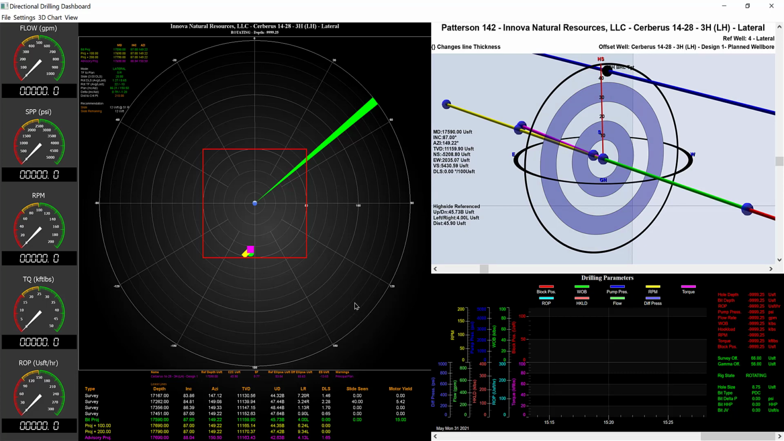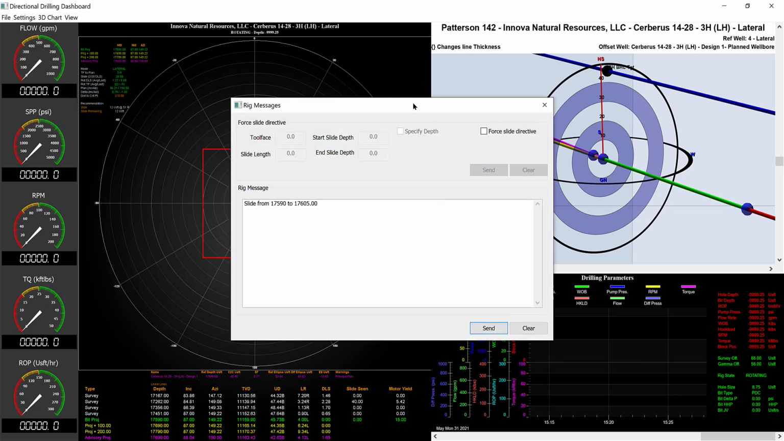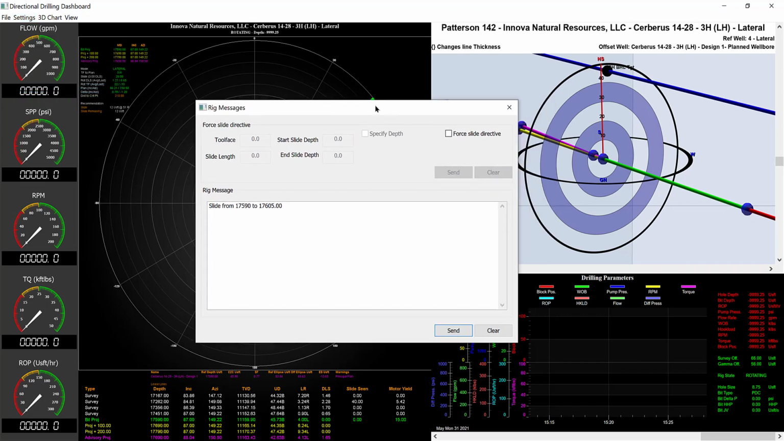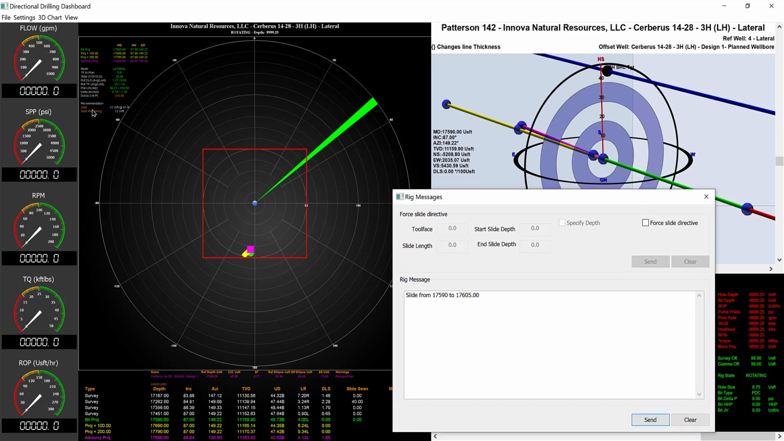One item that was not covered in the initial settings overview was under settings, rig messages. So rig messages actually has two functions here. We've got the ability to force a slide directive. So if for whatever reason the personnel at the rig site disagree with the slide advisory given by the software, they can override that particular functionality there. So if they want to do that, they could go to force slide directive. They can specify the start depth of that slide directive or leave it blank to have it happen at current depth. And then they would put in a slide length